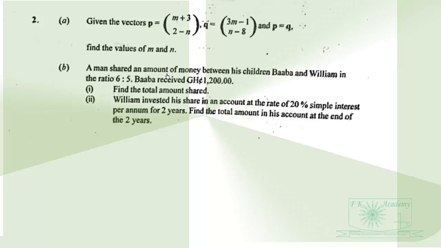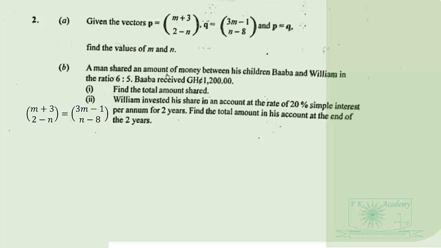So let's do that. So we equate the vectors. When the vectors are equal, the corresponding components are equal. So the x component will be equal. So we equate the x component, then solve for m by grouping like terms, dividing through by 2, we get m to be 2. We equate the y component,